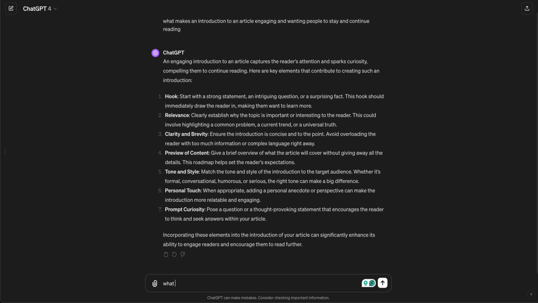Let's just say that this article is really great, has a great introduction. How do we understand what that is? So what makes this article introduction engaging and wanting people to stay and continue